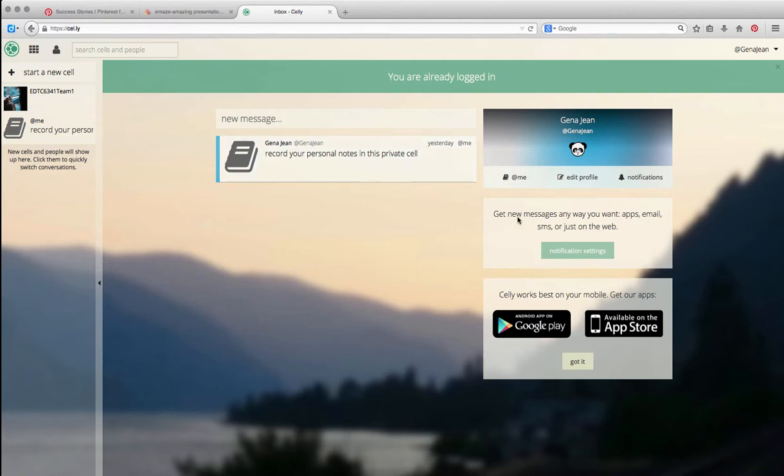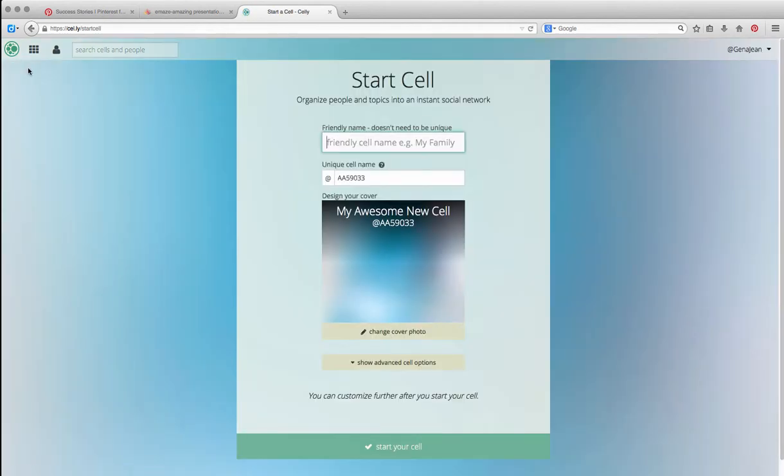And then I can choose how I want my messages. If I want to receive them through my app on my phone, through email, however. And then, of course, here I would download my preferred iOS. Over to the left, you can see I've got one cell I've already started that I use with my team in one of my other classes. To start a new cell, all I have to do is click on Start New Cell. I can name it, so I'm going to go ahead and name this